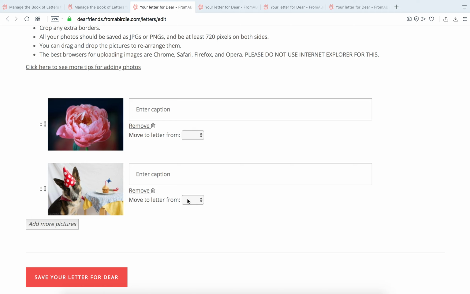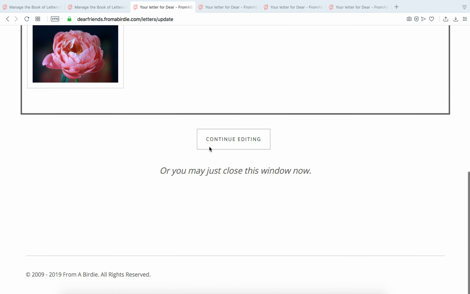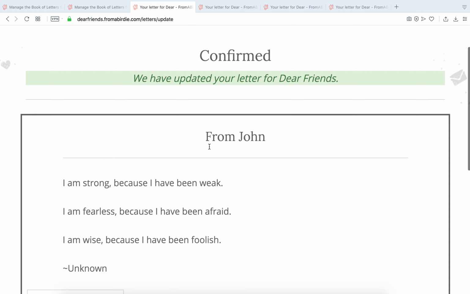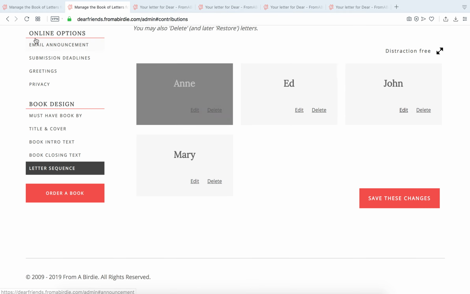Click on this little field with the arrows where it says Move to Letter From and select Anne's name. Now click Save. Now if you look, John's letter now only has one photograph left. Now if you reload this page